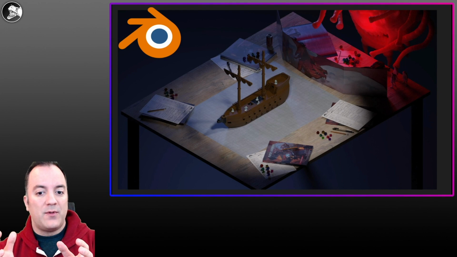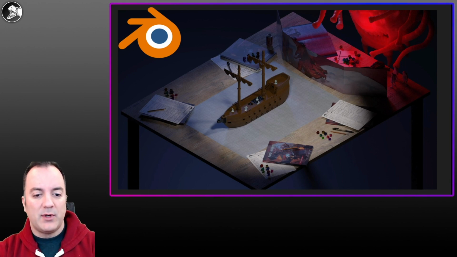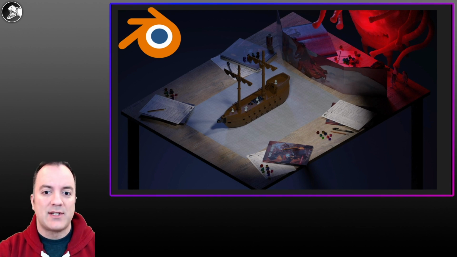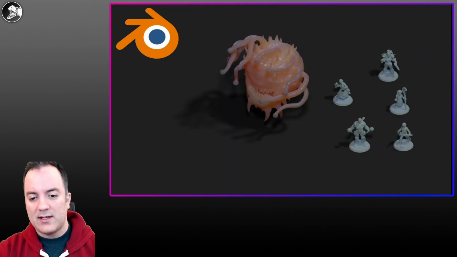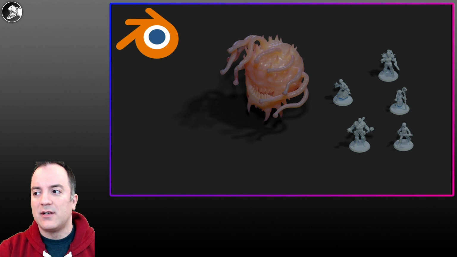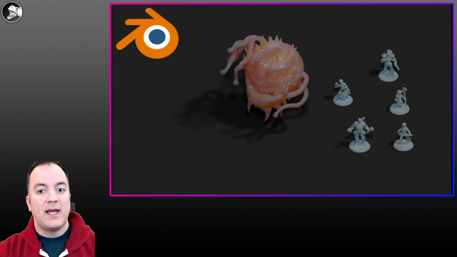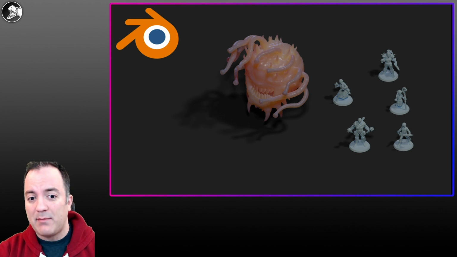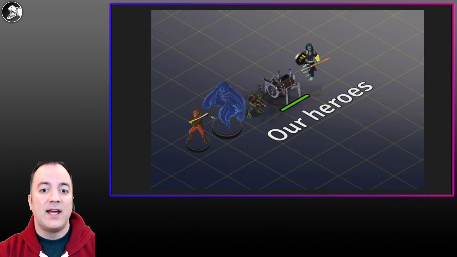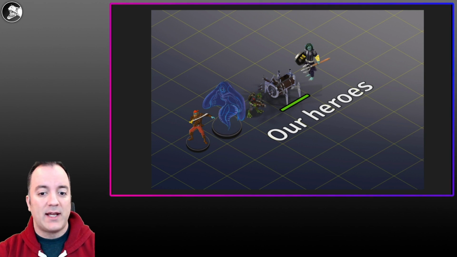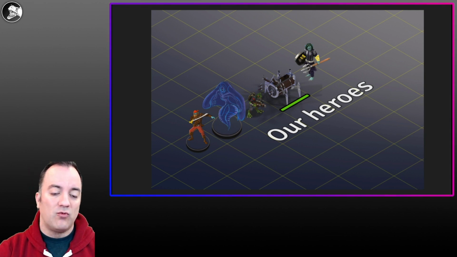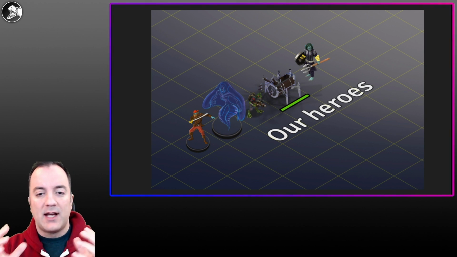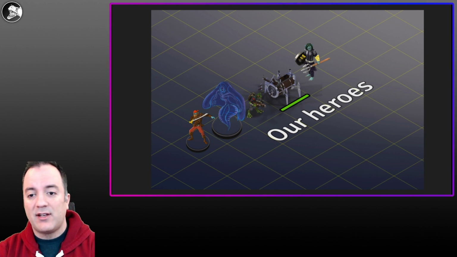Okay, so this is the thing that we built last time, my sort of pretend gaming table setup that I made in Blender with these tokens that I'm populating. And now that I've started to spend a lot of time in Blender making some of my own maps, I have to think about some of the basics of map design, because really at the end of the day, all of this is about the players of my game and making sure that they're able to read and understand what's going on in the isometric maps that we create, so they can easily navigate,